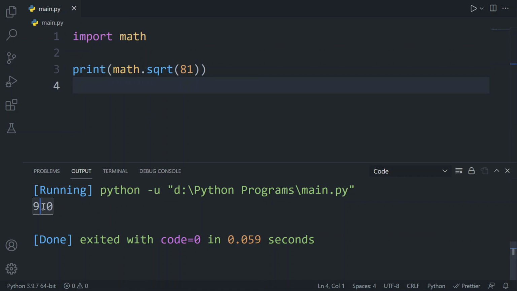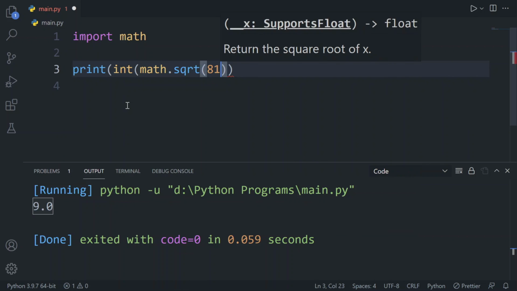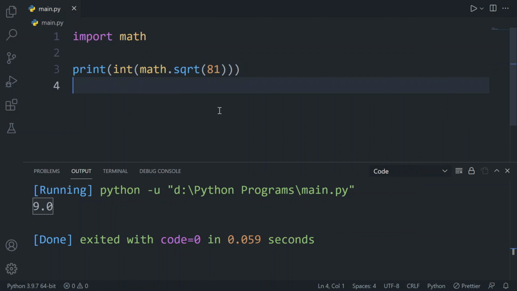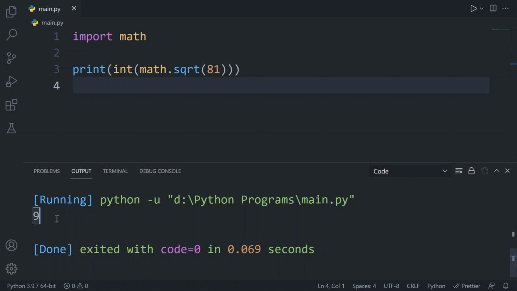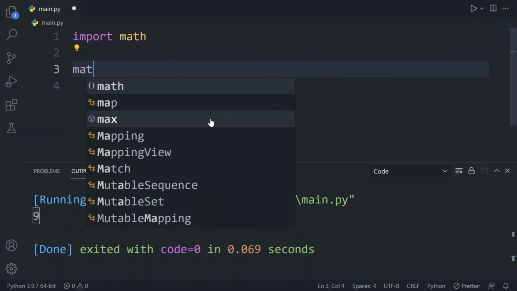And now to remove this extra 0 here, what we can do is convert the output into an integer. Okay, so this is something which we can do, but there is no need to do that because 9.0 is equal to 9 directly. And now by running this you can simply see the 9, which is the outcome of the square root of 81. So that's the function sqrt, which will give you the square root of the number which you have passed. Now let us use another method.